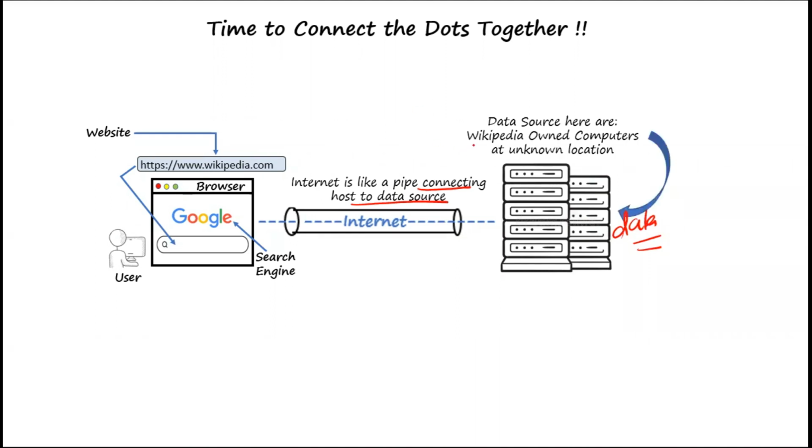As we discussed, the location is not known. There are several reasons behind it, for security reasons as well, so that nobody can hack their data. Nobody can get access to physical devices which are storing huge information regarding users, their accounts, their passwords,